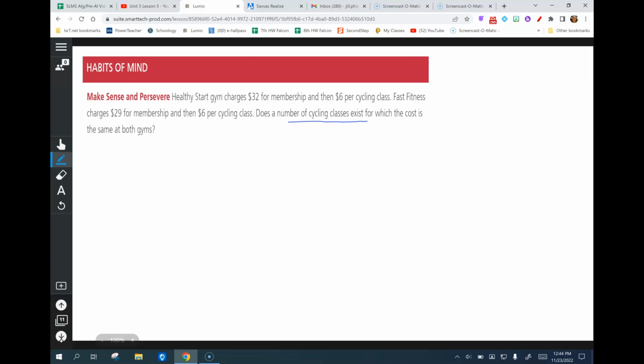Well, when you look at this, one is 32, one is 29, but they're both $6 per class. So there's not a number, and so let's look at the equation. If we have Healthy Start, it would be Y equals 32 plus 6X. And Fast Fitness would be Y equals 29 plus 6X. So if I write this equation, because we would just set them equal,